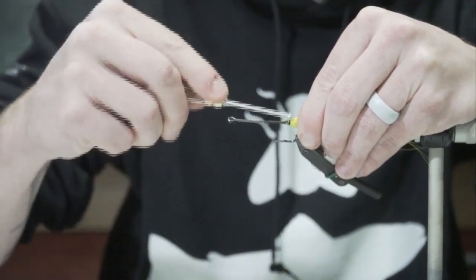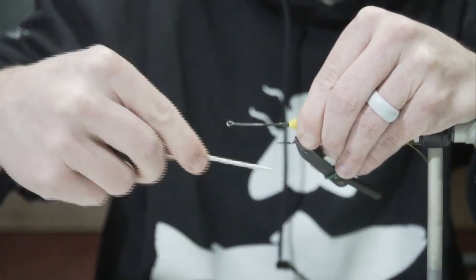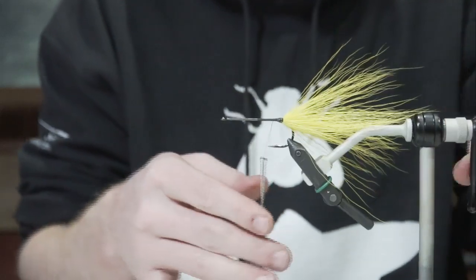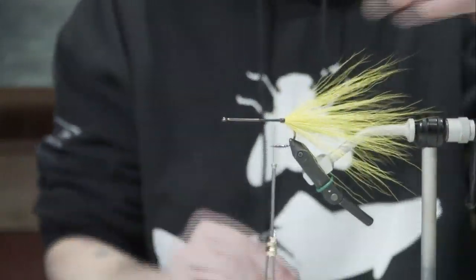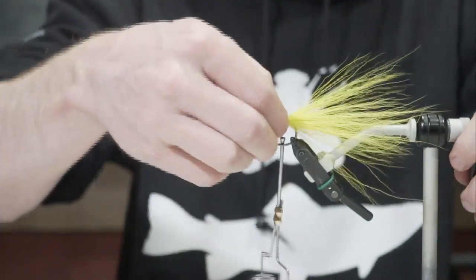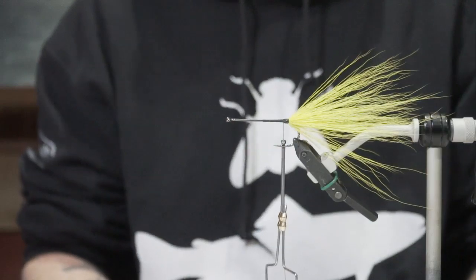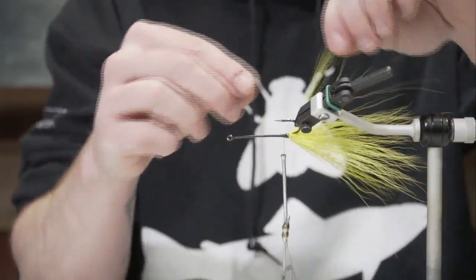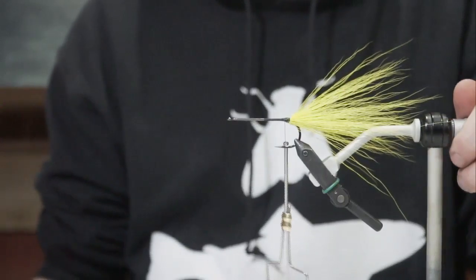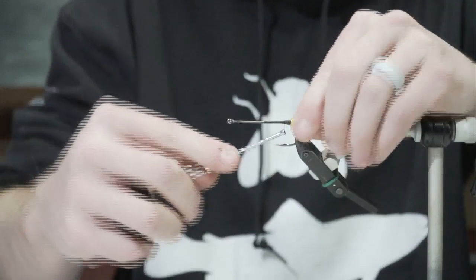I've been watching some Kelly Gallup tying videos, and one of the things that he was chatting about the other day, which I really appreciated, was talking about unnecessary thread wraps on your flies, which to me is a really important thing. Not so much, in my opinion, he might rebuke me on this. Not as important when it comes to predator flies, I don't think, just because you're wrapping a lot of materials around the back of that, and so it's one of those things where I'm gonna trim just a little bit of this. Unnecessary thread wraps on this type of a fly, I don't think is that much of a priority,